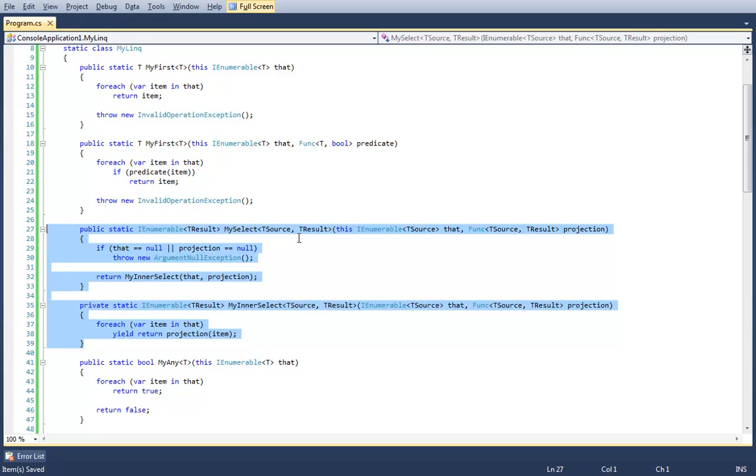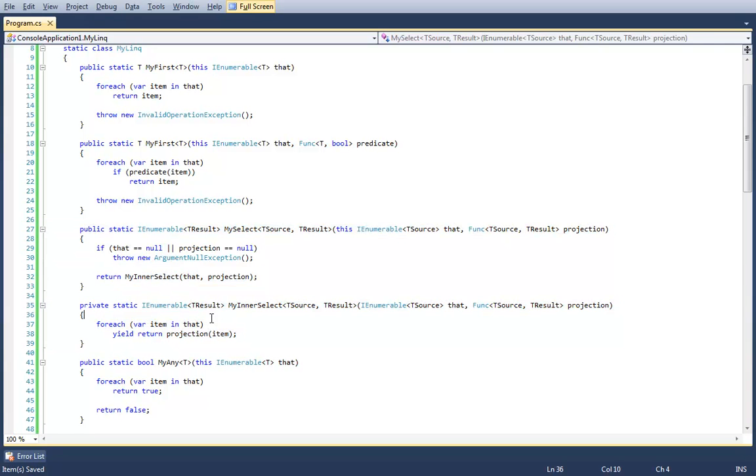Well, there's a very, very important reason why that has to be done like this. Nope, it's not a matter of debug release or order of operation. Remember that iterator blocks, when I say iterator block, I mean a method with a yield statement in it, or one-to-many yield statements within it. Remember that iterator blocks are transformed into classes.